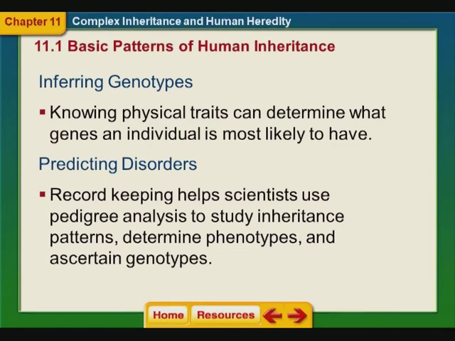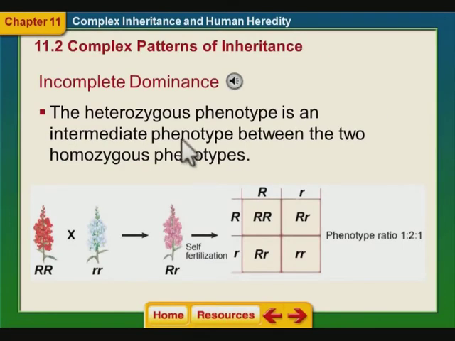The royal family has hemophilia in their genetics, and they pass that down through generations. I think that we may have watched a video on that. So now, different patterns of inheritance. We have talked about